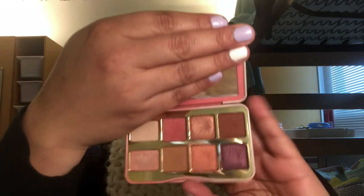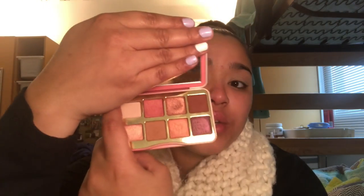So I think that's a good step. I just used my Tickled Peach Peach Bum right over here for that. Dipping into all the palettes today, because I really don't know what I want to do with this look, but I think to start off, I'm going to start with